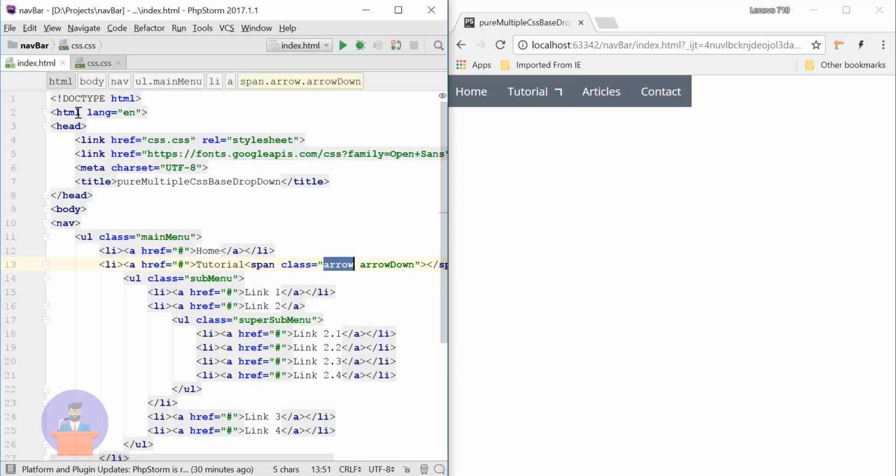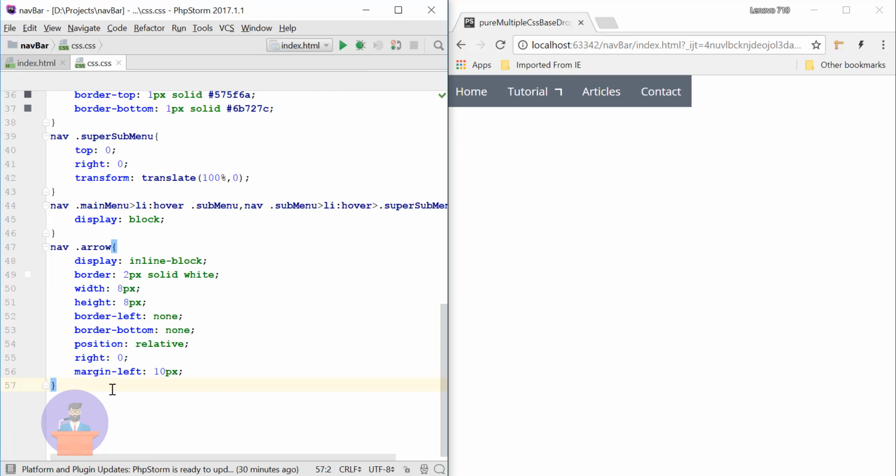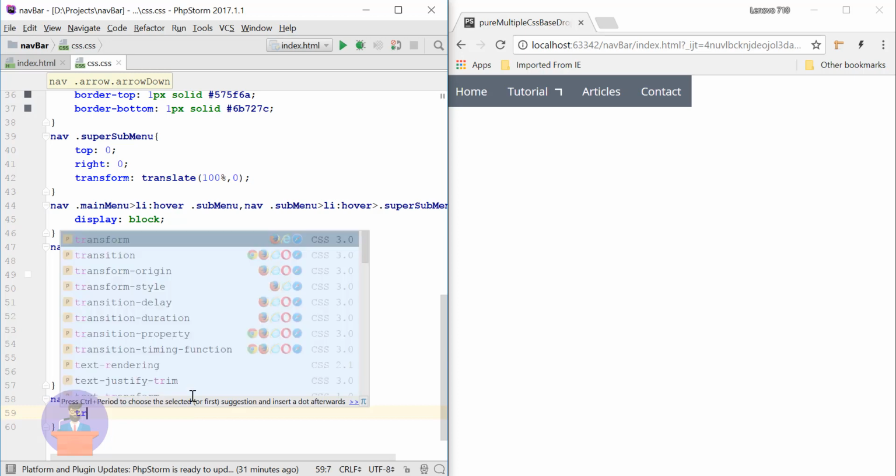So here I have added one more class to this, arrow down. Here we will provide CSS to this arrow down. So inside our navigation bar we have arrow class, and that arrow class should have one more class which is arrow down. So here using the rotate property, I will rotate it around 135 degrees.